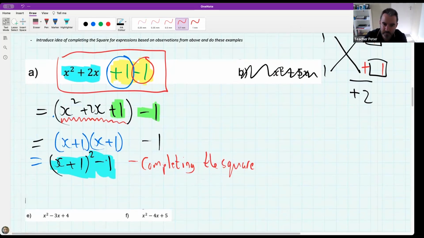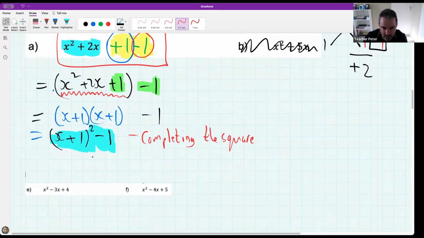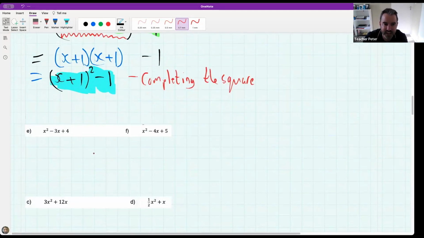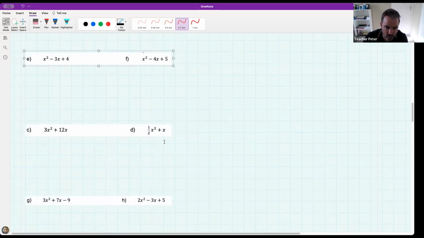Okay, now what I want to suggest is that there is a process that we follow. So I'm going to show you another example where I go faster and then it's going to get a bit easier. So let me go to